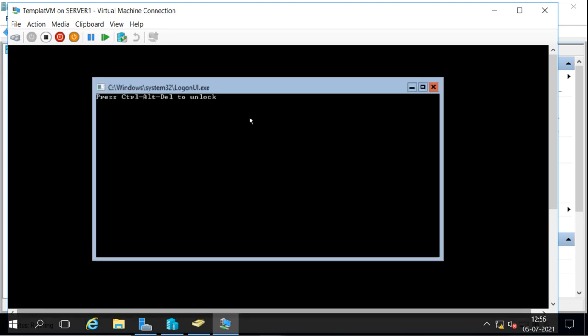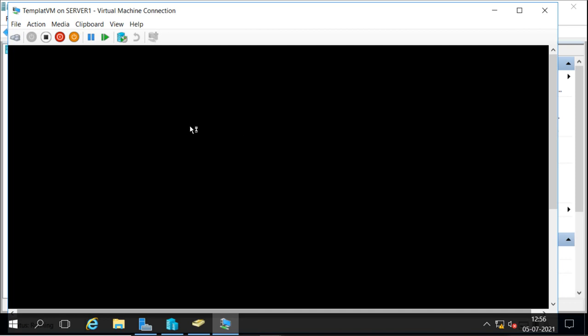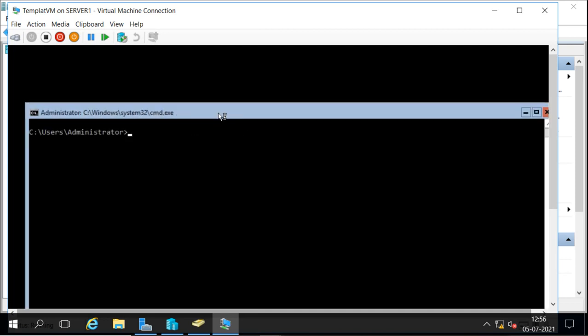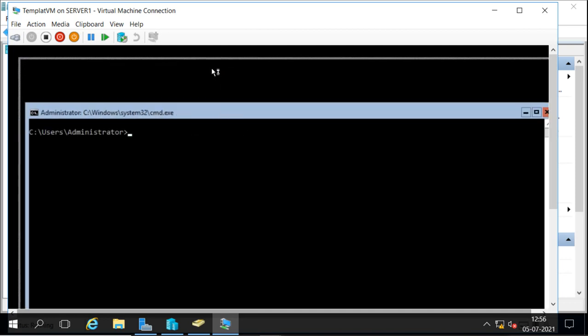Okay, it has started. Now I will log into this core server. And this is the core server we have in this virtual machine.